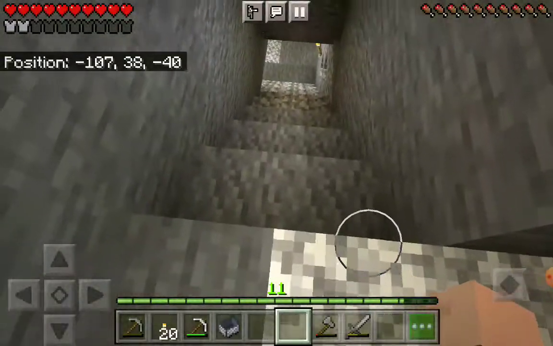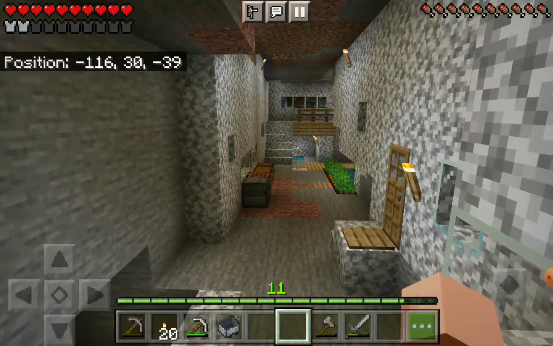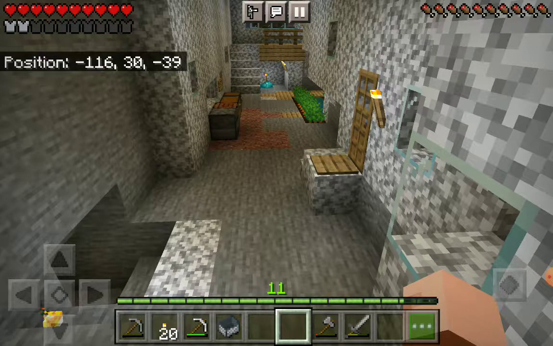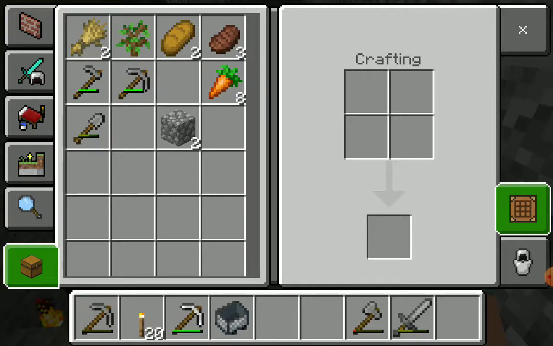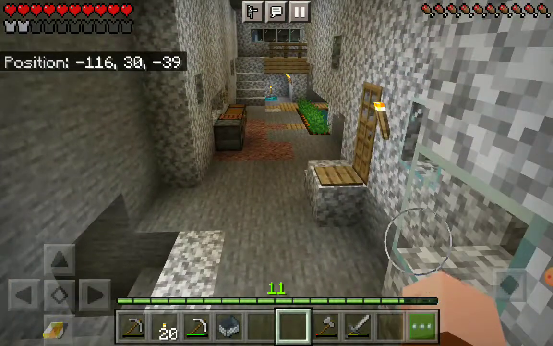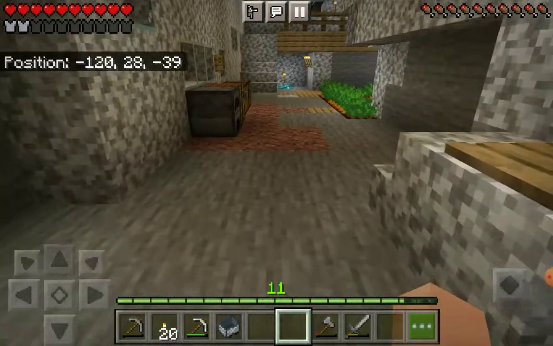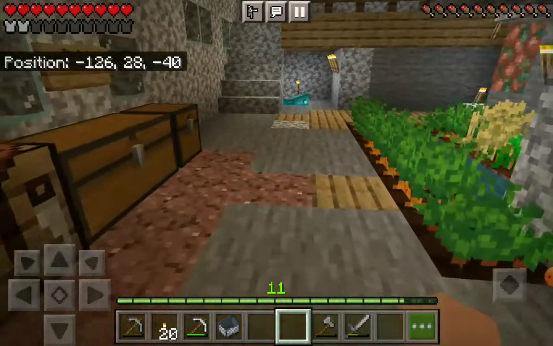So what I did, I got down here, and this actually was just stairs into the cave. What in the hell is in my water? There's some kind of mob in my water? What the frick? Okay, that I've never... Where's my sword? Dude, I might die right now. What in the hell? Is it a squid? It looks like a squid, but...